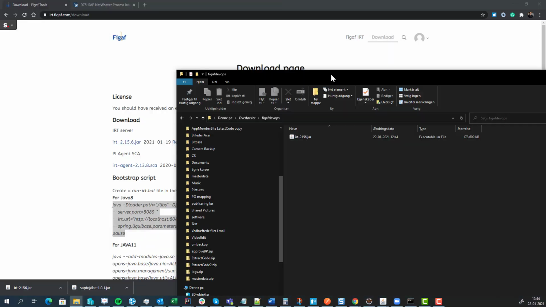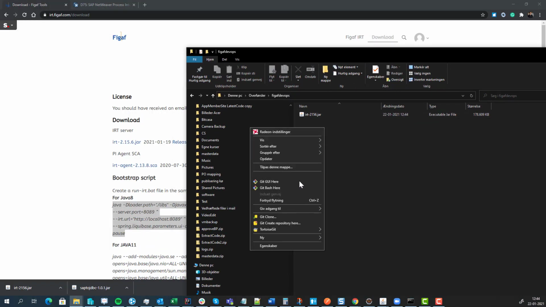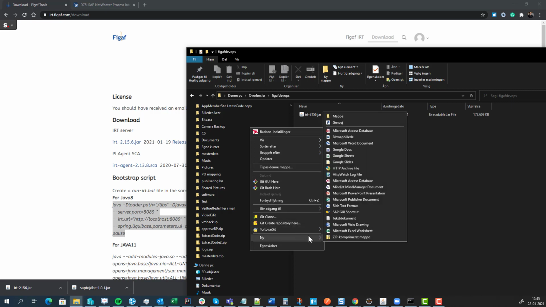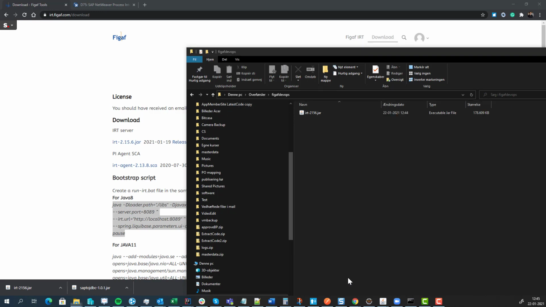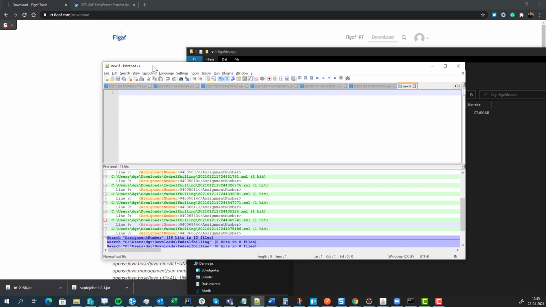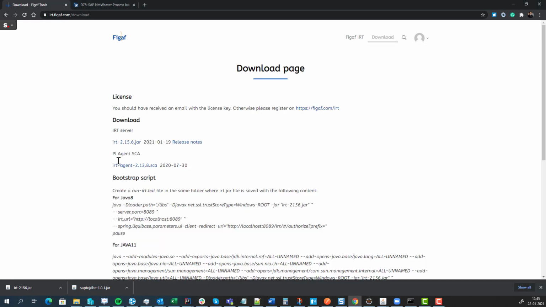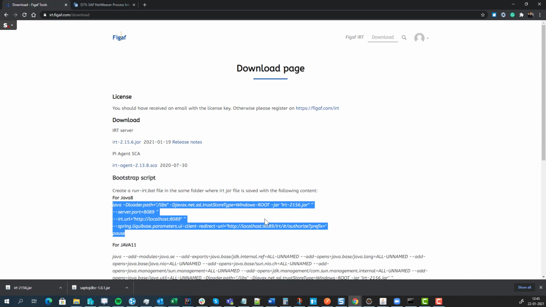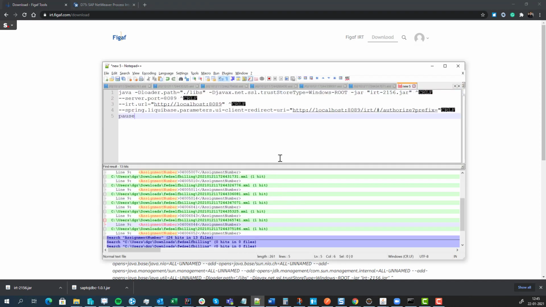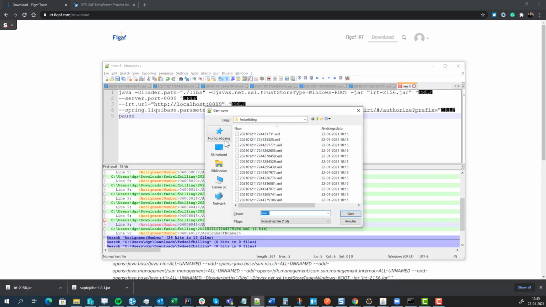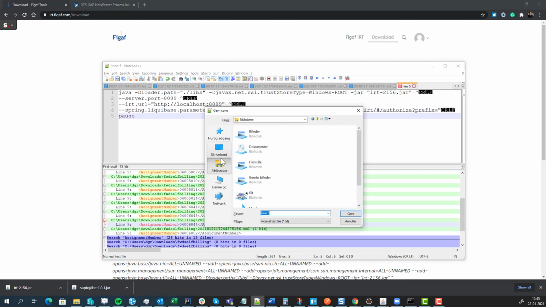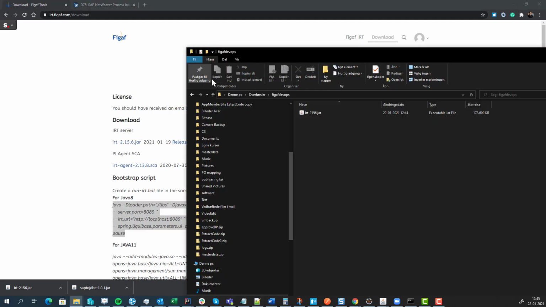So now I have my folder with this specific file. I will then create a new file. The easiest approach is to just create a new notepad, or preferably Notepad++. Create a new file in that, and in here you will add this value, and you need to make sure that this corresponds to the jar file that you have. Every time you download a new jar, this needs to be changed, and we want to save it in the same folder as we have here,